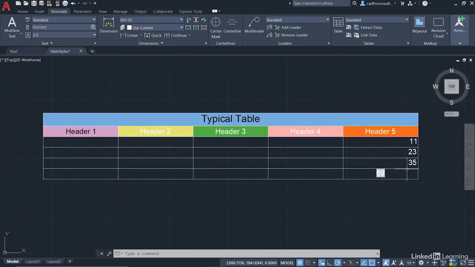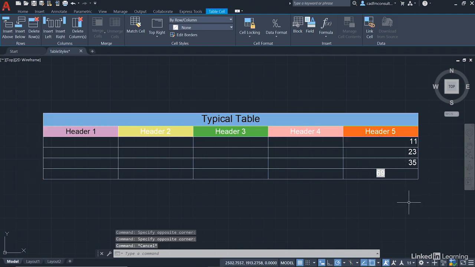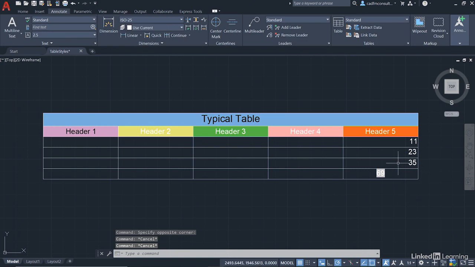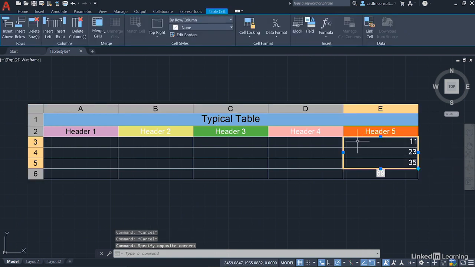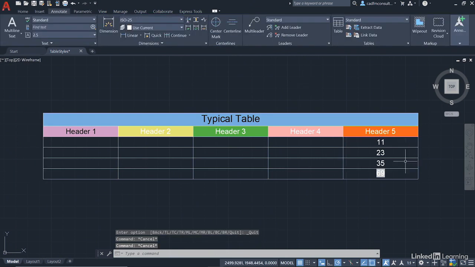But what I'd like to do is centralize these. So what I can do here is click and drag again, like so. And can you see it nearly selected all 3? I just clicked on that top one in error. So just hit escape a couple of times. It's an easy sleight of hand to do. And then click again, like that. So there's my 3. And what I can do now is I can change the justification of them if I want to. So you can see they're all top right at the moment. I want them to be middle center. There we go. Hit escape a couple of times to deselect. So I've got my little formula there, like so, adding up those numbers.